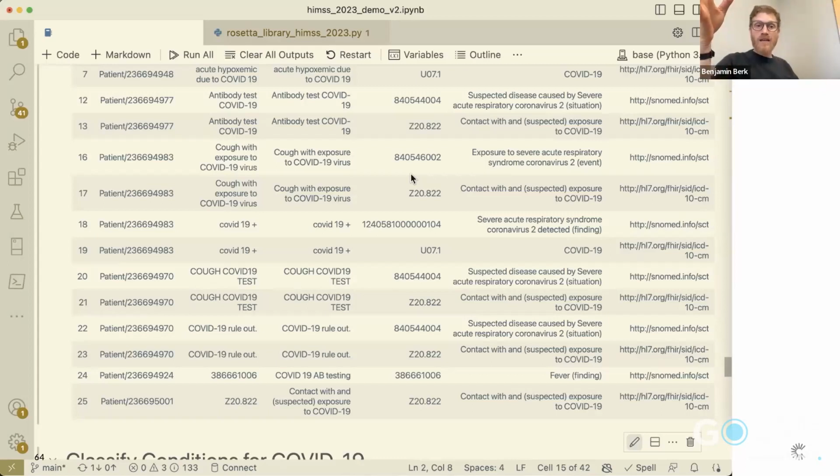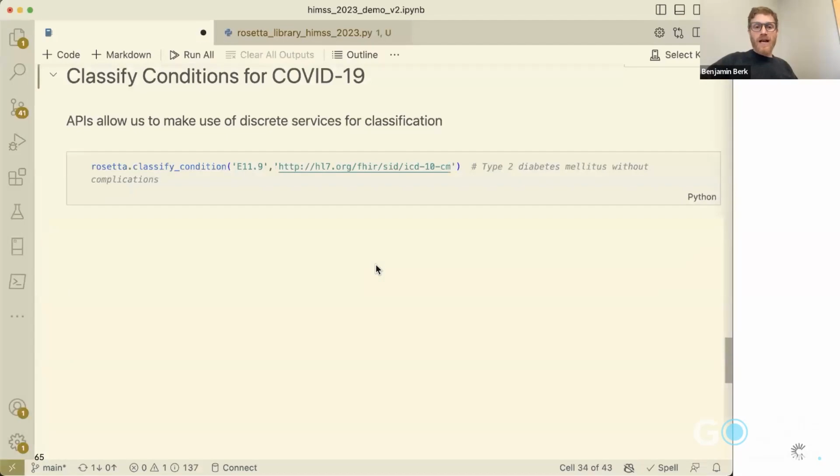We're using the API. We've very quickly been able to map these terms to reference terms in ICD-10 and SNOMED. But as you can see, some of these are what we probably consider confirmed COVID diagnosis, and there's more than one. Some of them are suspected, et cetera. So we could by hand kind of draw circles around them, but we can also use an API for that. So as an example, we've got a classify condition API. So let's say, remember up above, we mapped DM2 to the ICD-10 code for diabetes, so we've done the first 2 steps.